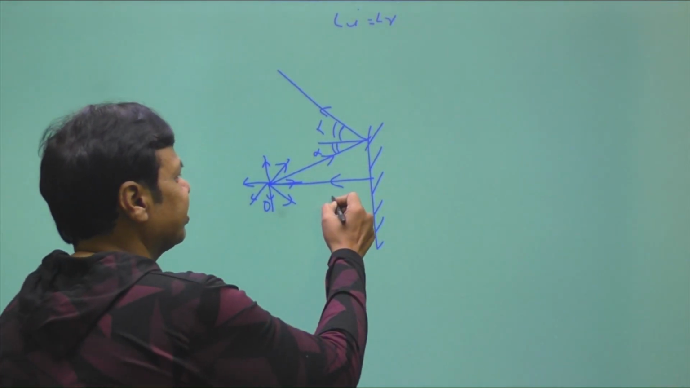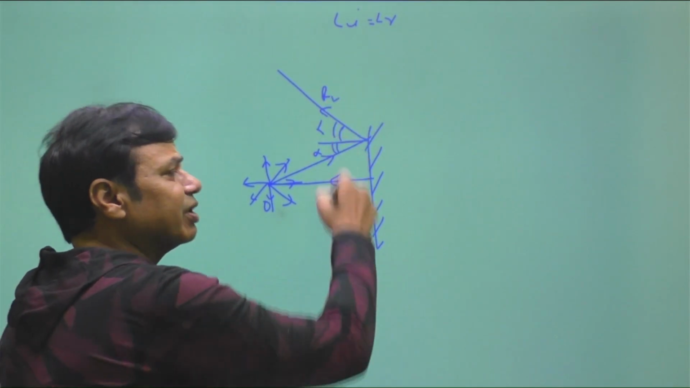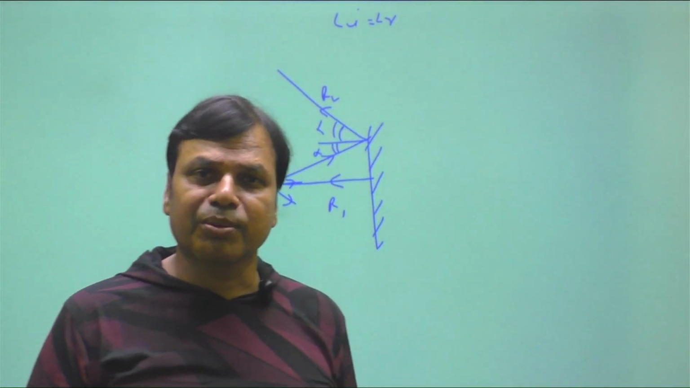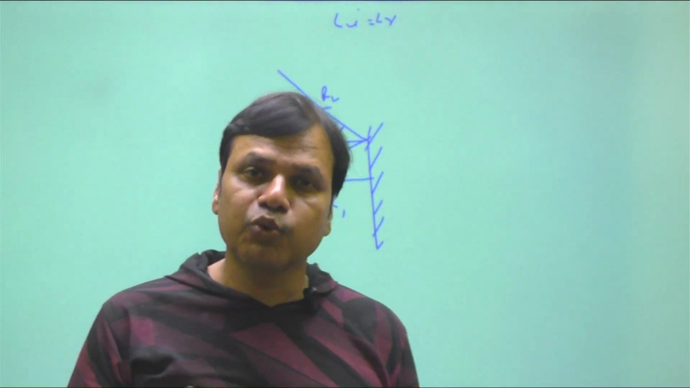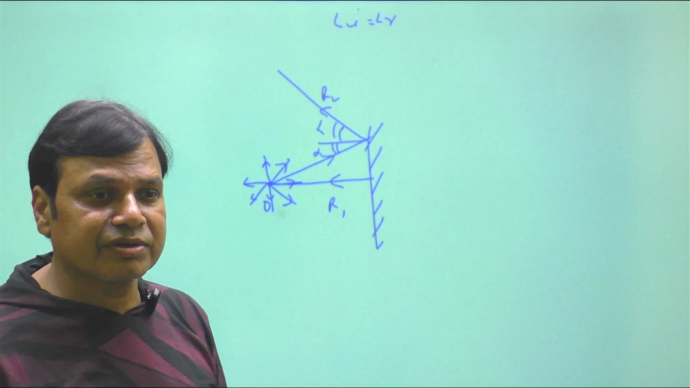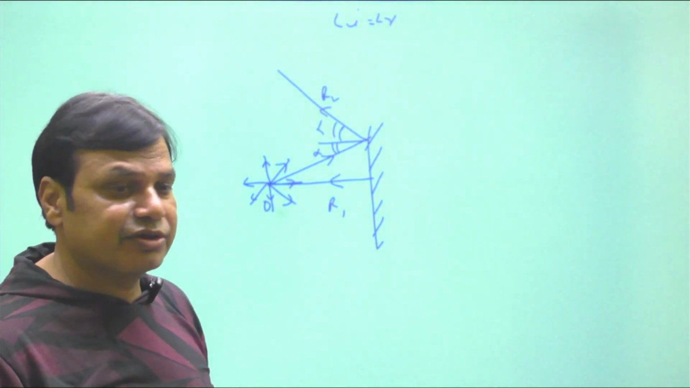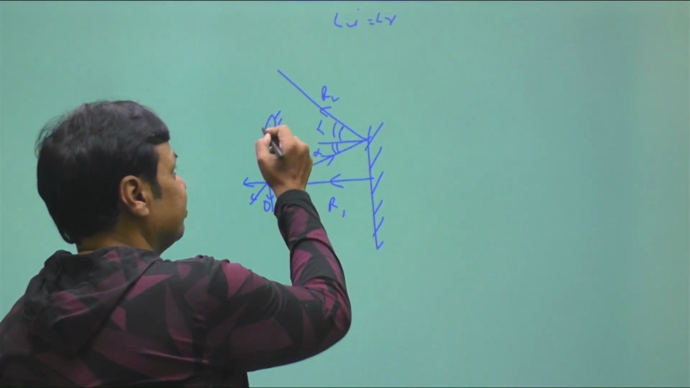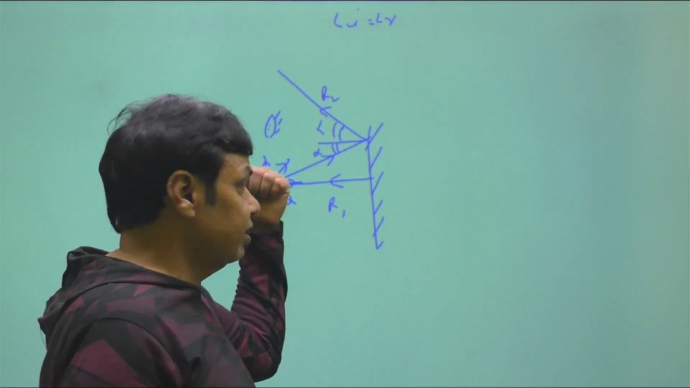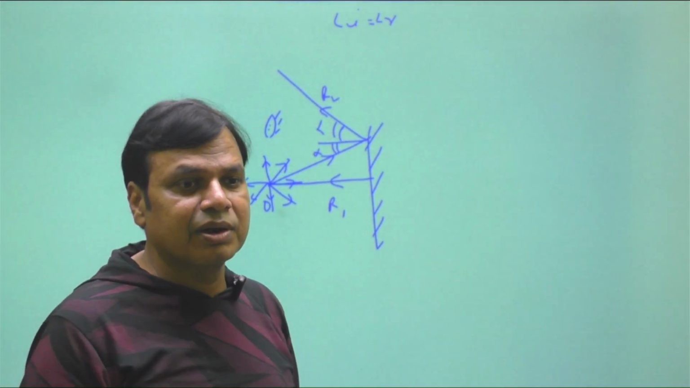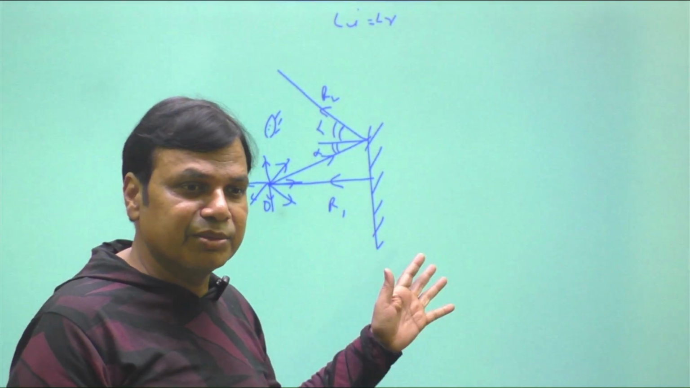So this is your reflected ray 1 and this is your reflected ray 2. To trace the image of an object, you only need two reflected rays. The first one is this and the second one is this. Because if your eye is on this side of the mirror and you are watching the reflected rays in the mirror,